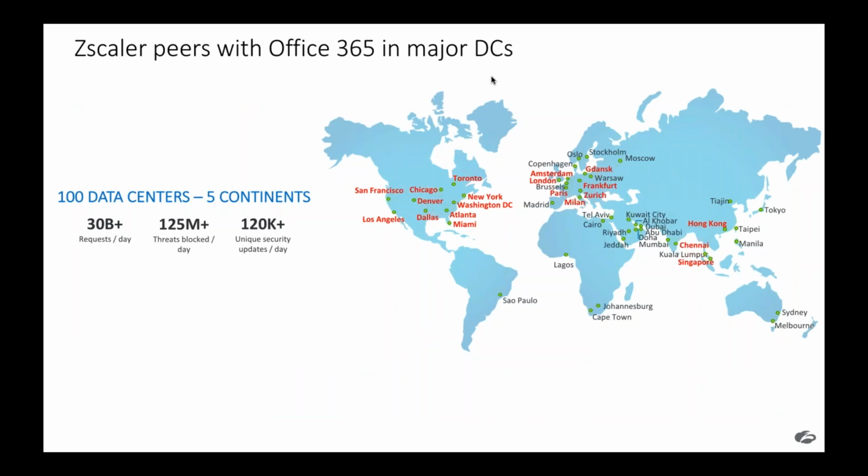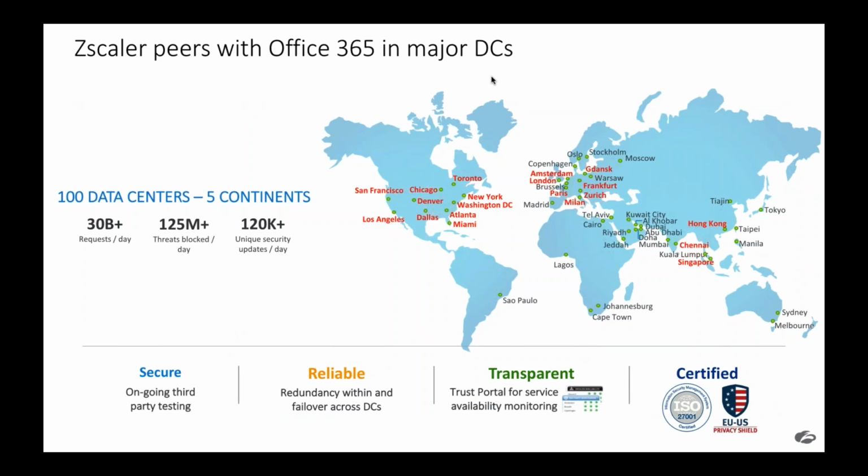So Zscaler itself has many data centers around the world, including our service providers and others. We have in the region of about 100 data centers across 5 different continents. We deal with generally about 30 billion requests a day, and we see in the region of about 125 million threats blocked each day for the general internet traffic we see. But rather than dwell too much on the security side, I wanted to emphasize the peering relationship on this map,